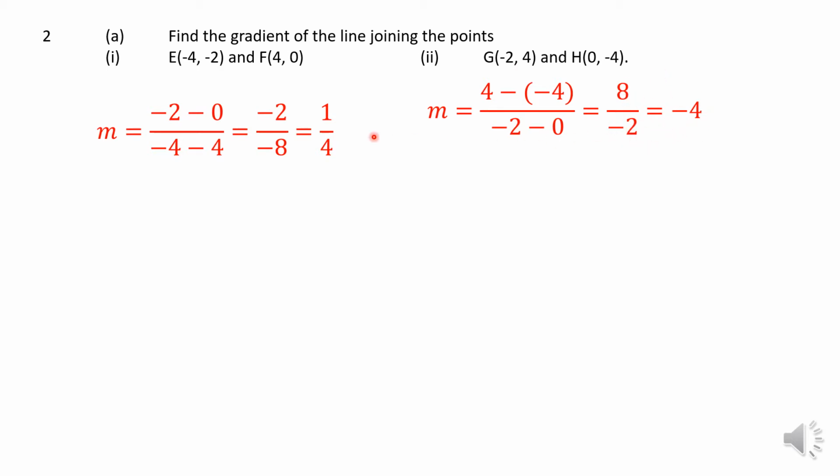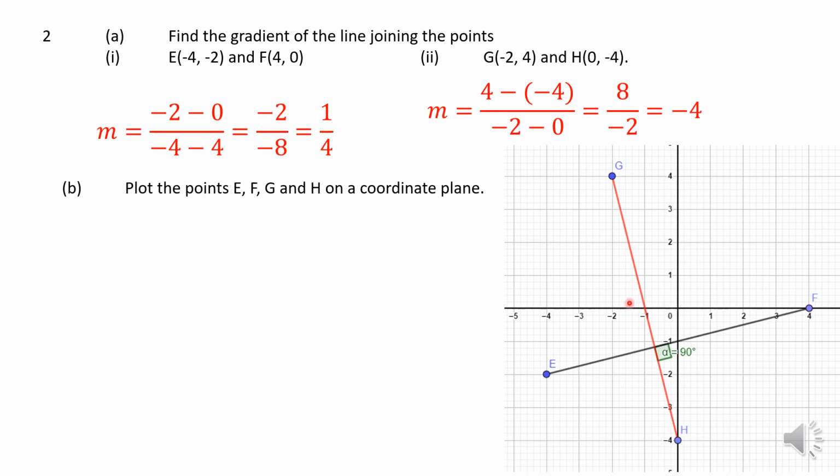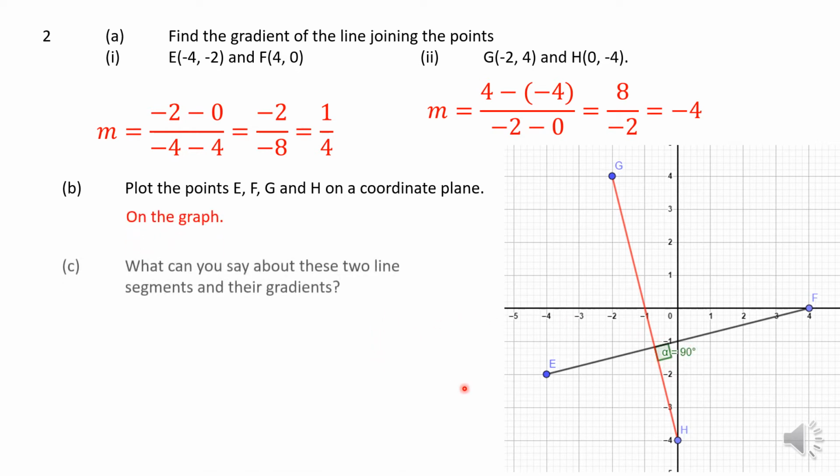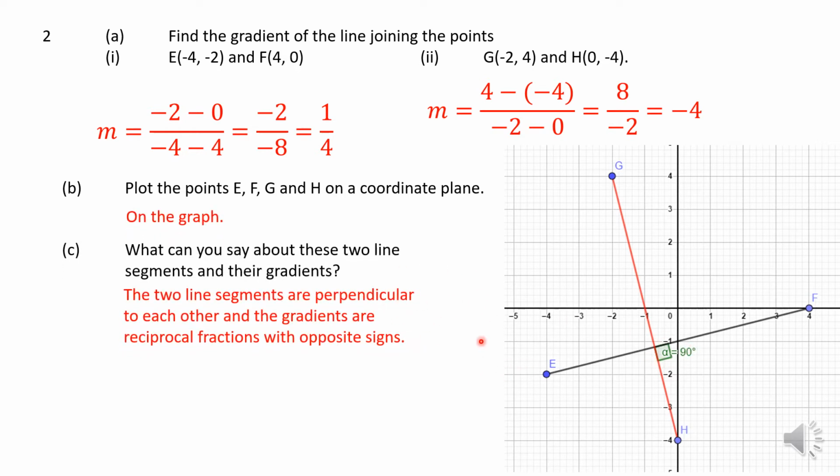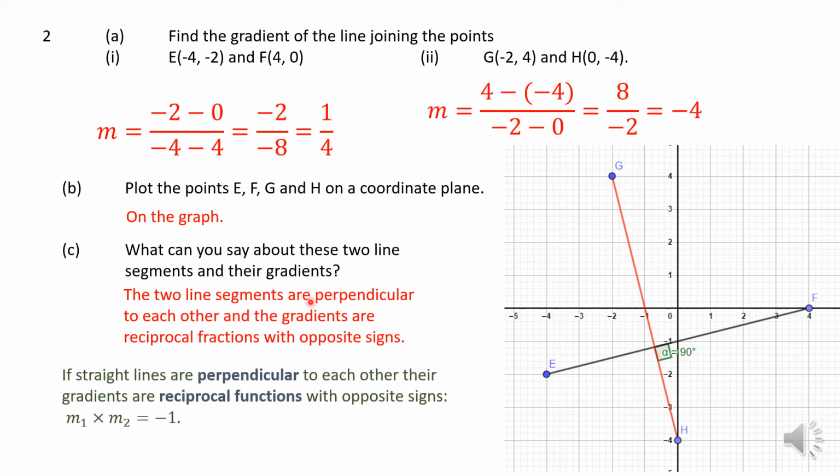So you look at these two gradients here, okay, and we have to plot the points E, F, G, and H on a Cartesian coordinate system. You will realize that the point where they intersect is 90 degrees, and therefore these two lines are perpendicular to each other. The point where they meet is 90 degrees. The gradient of one line times the gradient of another line will give you a product of negative 1. So if you take the gradient of this line here, okay, you've got 1/4,